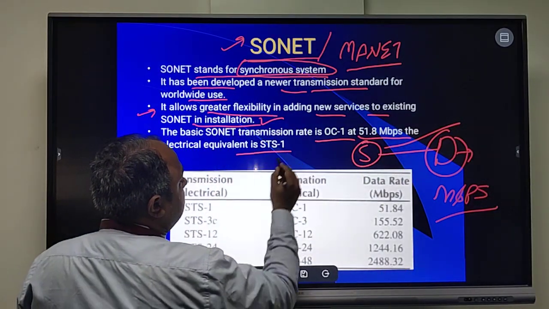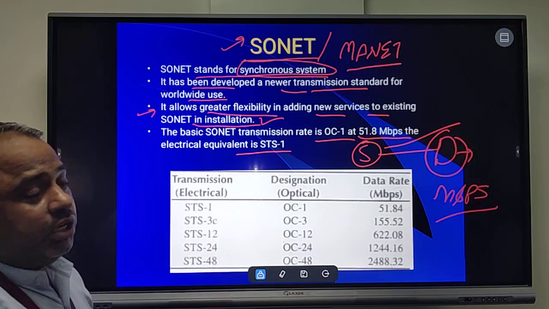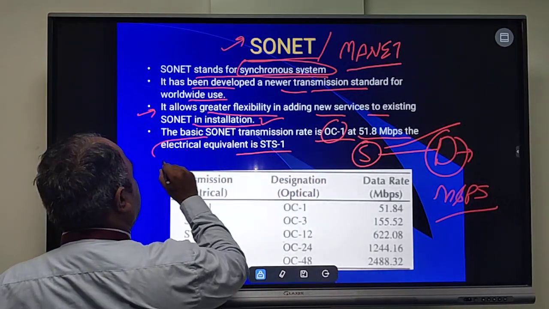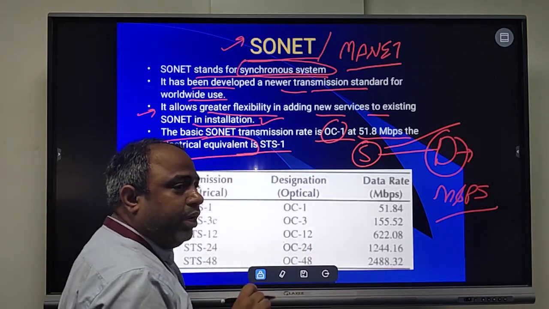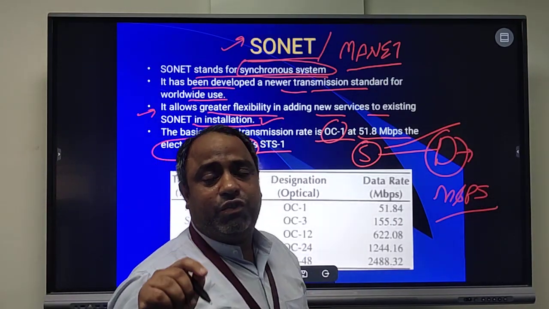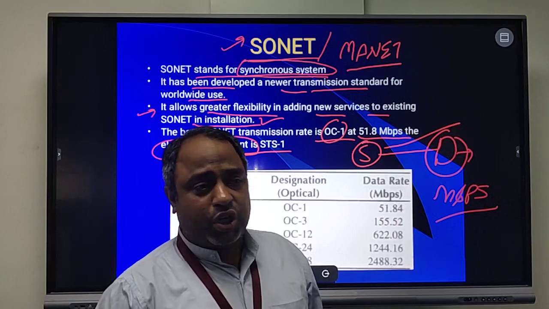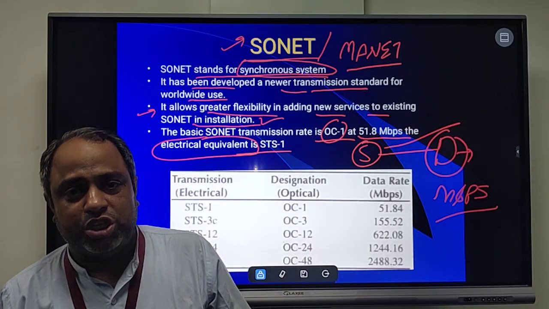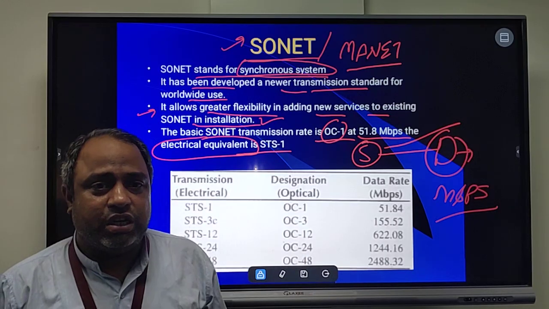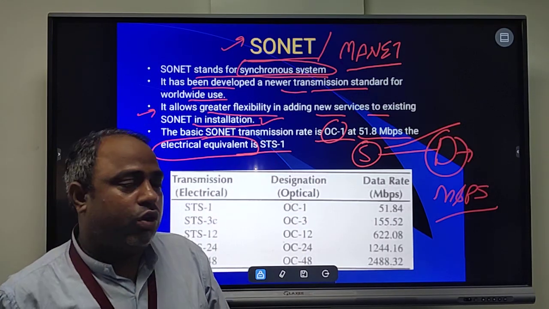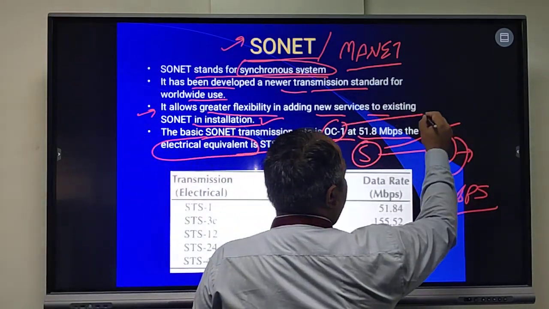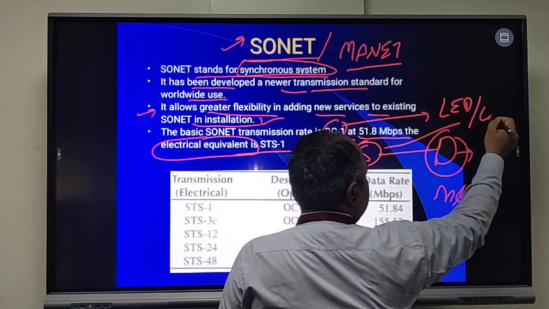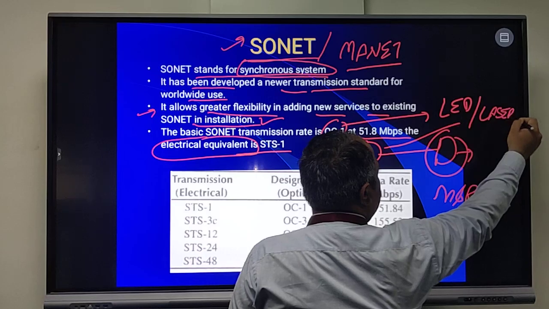and the electrical equivalent is STS-1. Why are we talking about optical communication and why am I talking about electrical equipment? Because optical data also involves electrical interference during transmission, because electrical to optical conversion is always required during the transmission. In case of OC-1, an LED is required, a laser is required, and many more sources are also